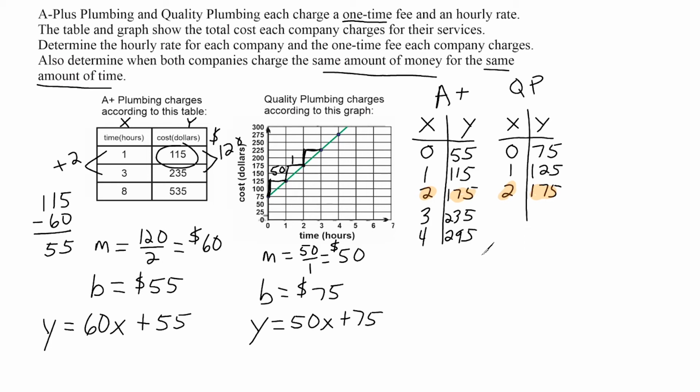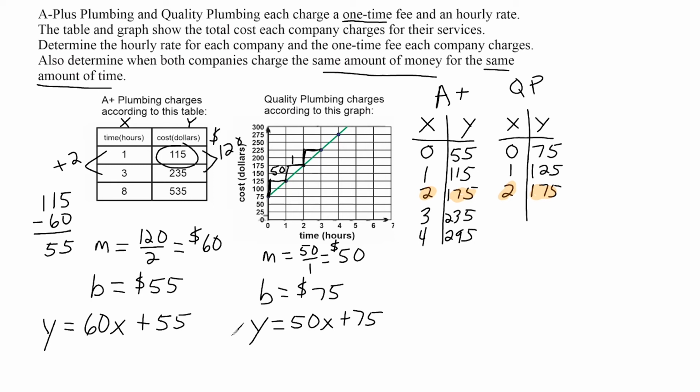Now, notice in this situation, our answer came up pretty quickly. But let's say you had a situation where you were filling out these tables and the answer didn't happen for a long time, like it was way down here at like 50 hours or something like that. This would not be an effective strategy. So what we're going to do instead of tables is show how to solve by setting up a system of equations. Well, a system of equations is really when you have more than one equation, and we have 2 linear